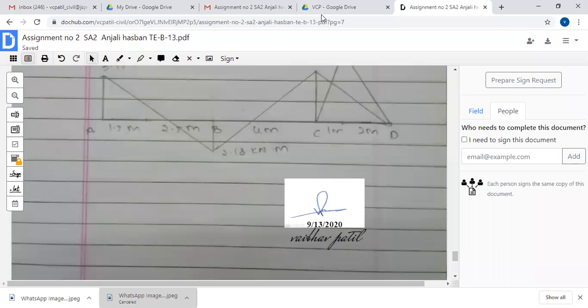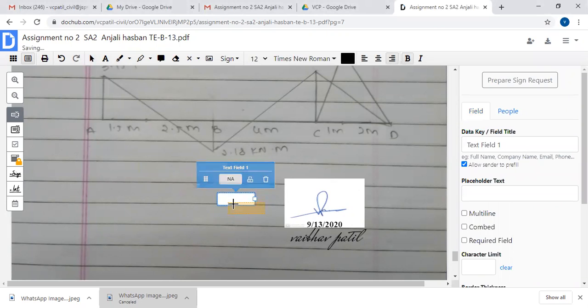This icon in the toolbar. Then if you have to write, select the text field, okay, so select the small one. In that one you are giving the marks here. Suppose I want to start from left, so I want to select here.